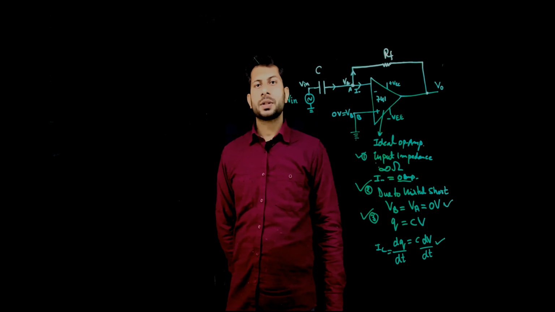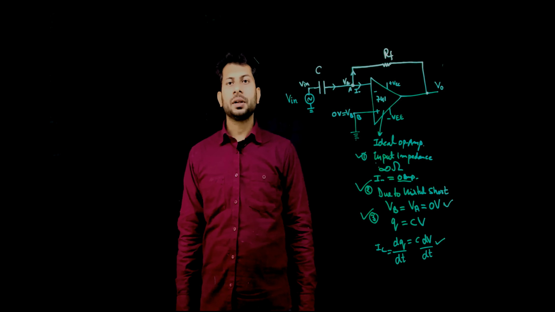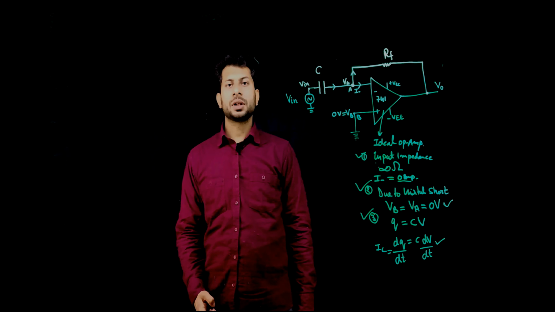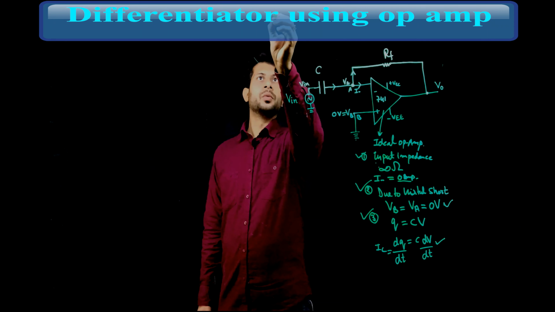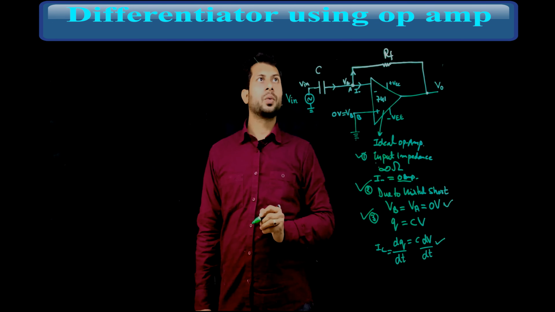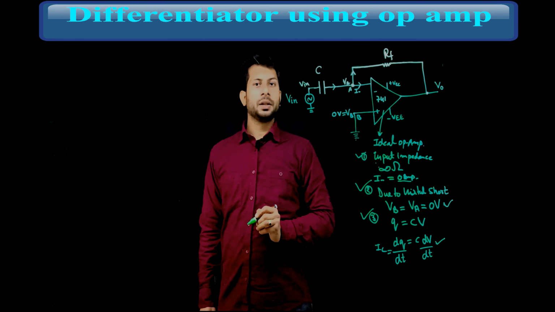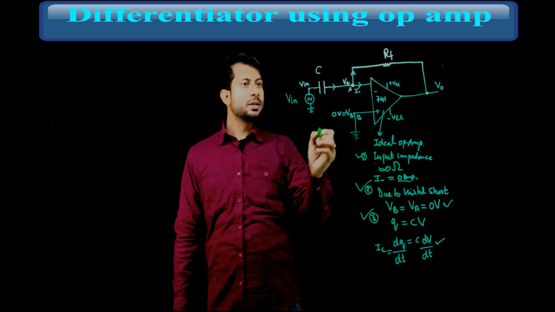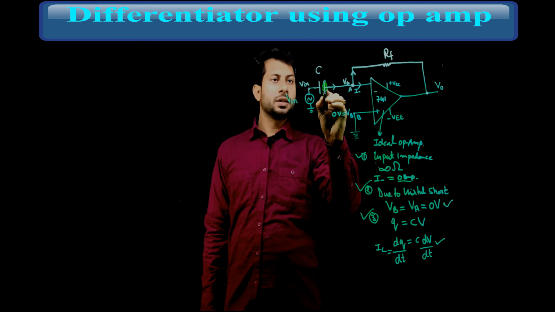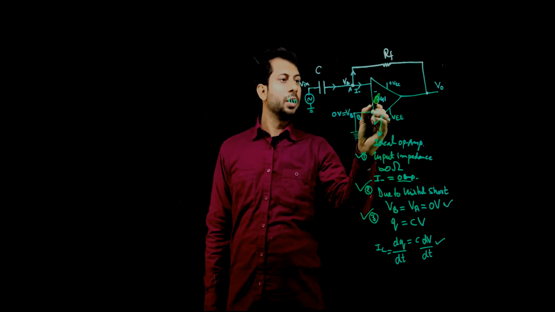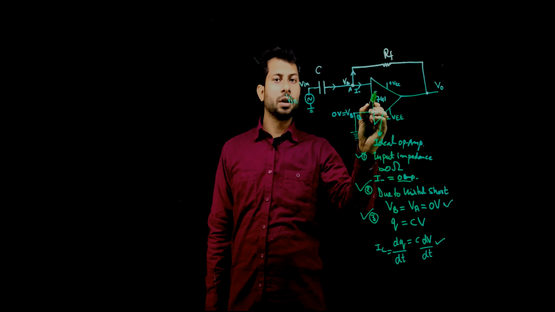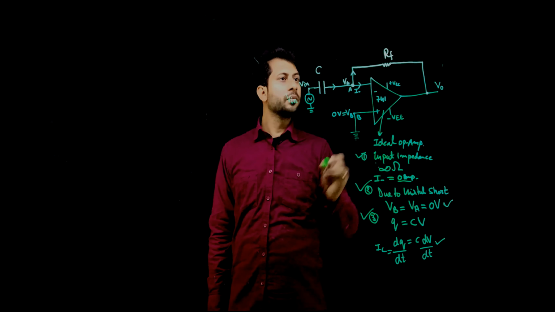आज हम इस वीडियो में सीखेंगे कि डिफरेंशिएटर क्या है और कैसे उसका डेरिवेशन हम फाइंड करते हैं। A differentiator is a circuit made up from 741 op amp and the circuit looks like this. Here we have connected this capacitor whose value is C to the input inverting terminal of the 741, and in